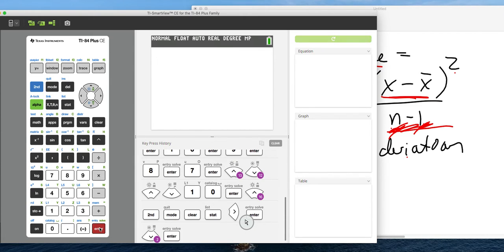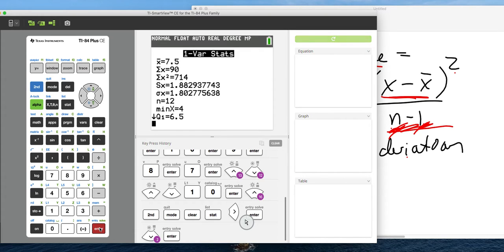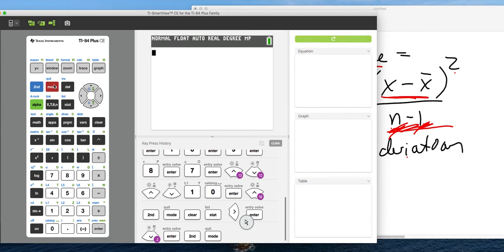Hit Calculate. Okay, so this gave me an X bar. My mean of my 10 numbers is 7.5. That's my mean. So it gives you all the numbers you need right here. It also stores them. So if I quit out of here, all those values are stored in